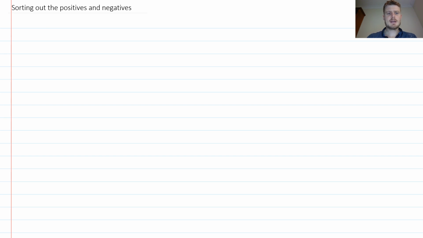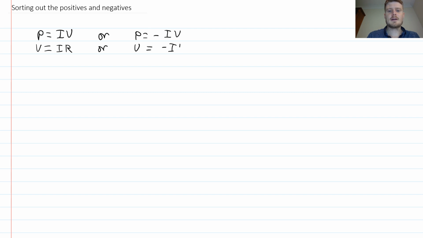So one thing that can be a little bit confusing is when you're writing your equation for power, do you use P equals IV or do you use P equals negative IV? And similarly for Ohm's law, do you use V equals IR or do you use V equals negative IR? And of course there's some sign convention here that we really need to be aware of in order to get